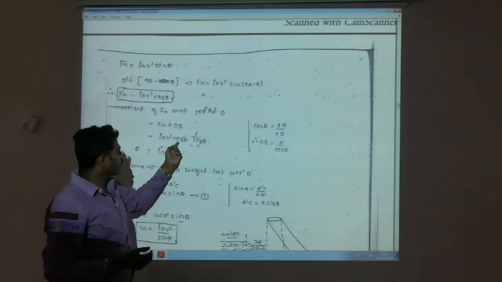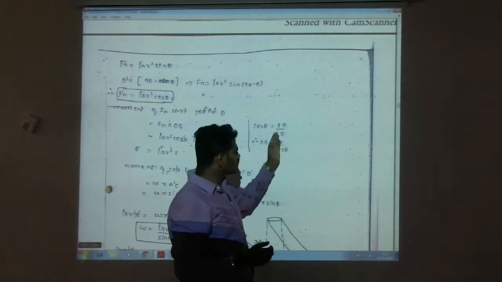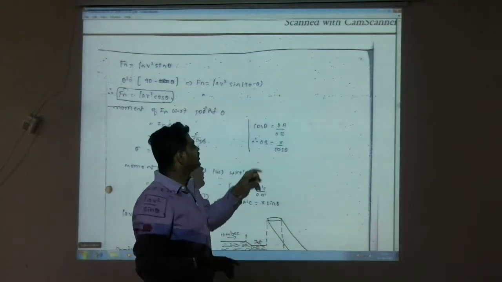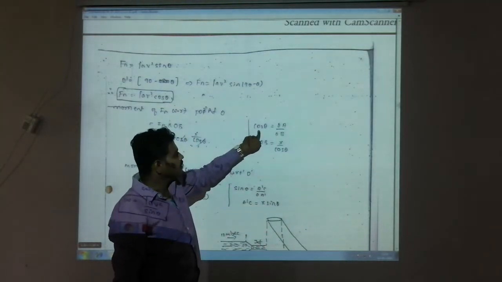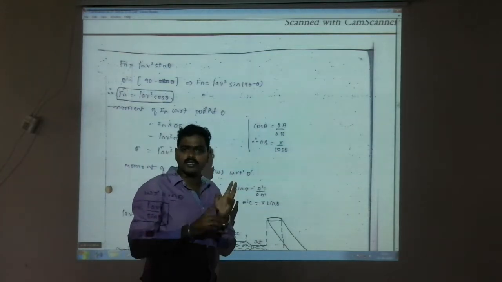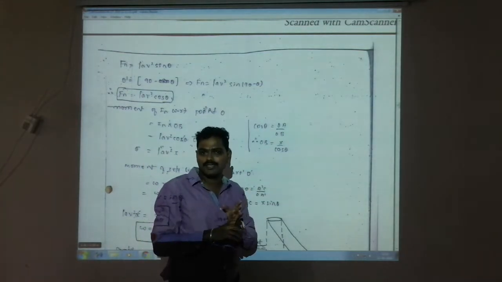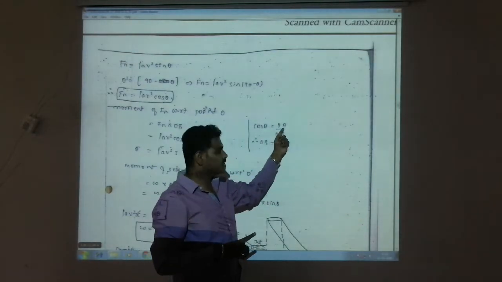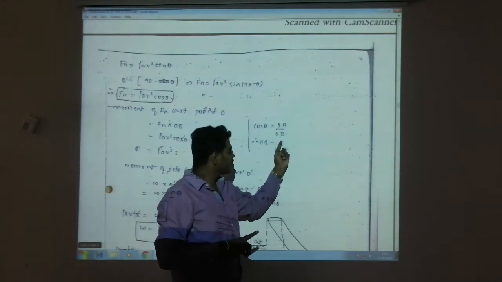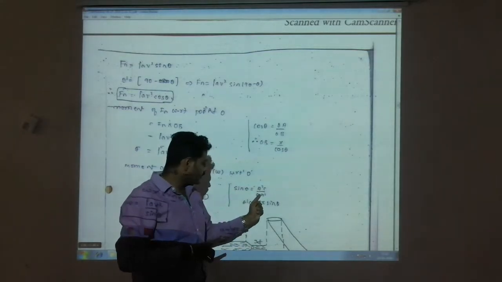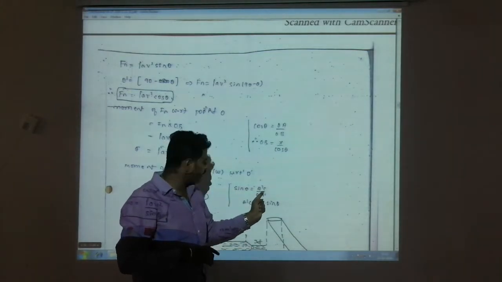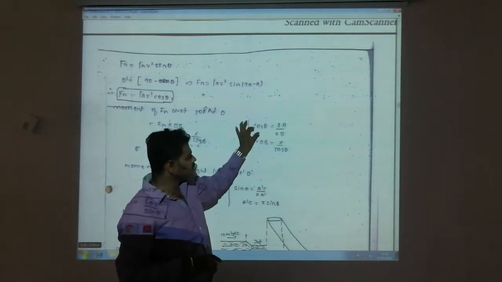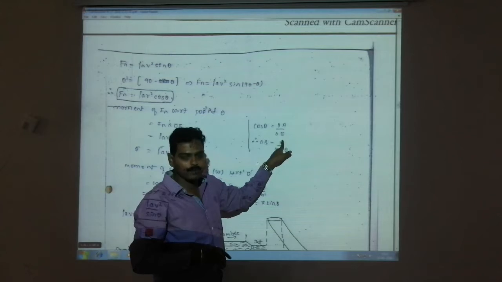Then rho a v square cos theta, and remember it, we can just write down the trigonometric functions in terms of sin theta and cos theta. So cos theta from the sketch: cos theta is adjacent by hypotenuse, and sin theta is opposite by hypotenuse. So cos theta, adjacent is OA, hypotenuse is OB. Then sin theta, here again in the sketch, opposite is A dash C, and adjacent is OA dash. So we have just written this, cos theta is equal to OA by OB, adjacent by hypotenuse.